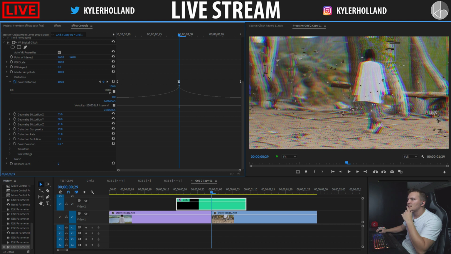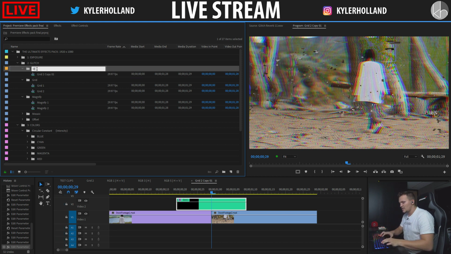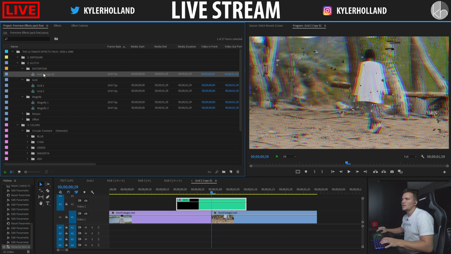Okay, so maybe this is like a distortion transition. So instead of RGB, this is like distortion. All right, and then I have a distortion